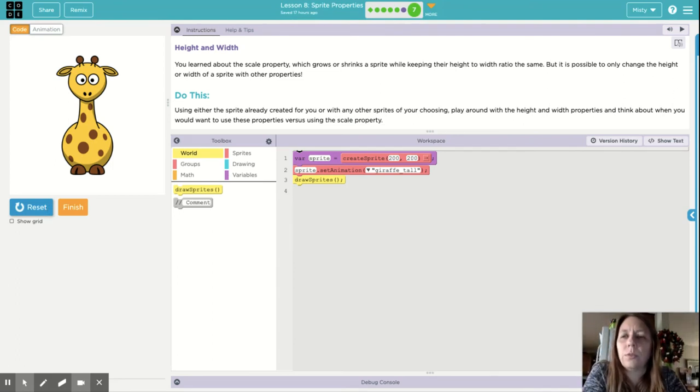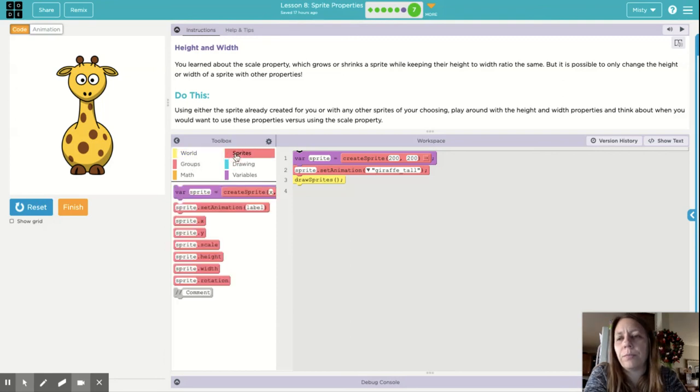So your creature doesn't look too stretched out or too wide. But maybe we want this giraffe to look a little taller. His neck isn't tall enough for us. Or we want to resize him to fit in a specific spot, and maybe his proportions are not all that important. So now we can adjust